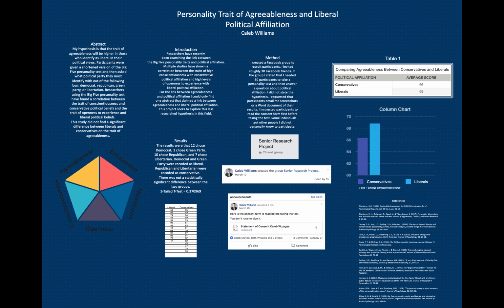The Big Five personality test is sometimes called OCEAN as an acronym, and each of those five letters stands for a different personality trait. O is openness to experience, which could be summed up as being more open to new ideas versus more set in your ideas, or content with tradition versus challenging traditional ideas. The C stands for conscientiousness, so someone that's more orderly, cautious, disciplined versus someone that's more impulsive, disorderly, and undisciplined.